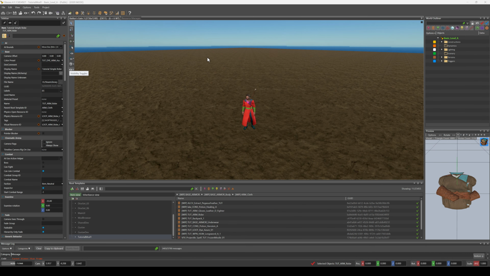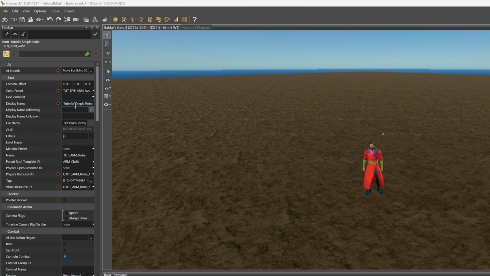Okay, I've once again been down a little bit of a rabbit hole offline. Turns out it's actually not that hard. It didn't work the way I expected, and yeah, that's just life sometimes. However, here we are. The tutorial simple robe is selected, and what we need to go find. So my thinking was, and has always been,